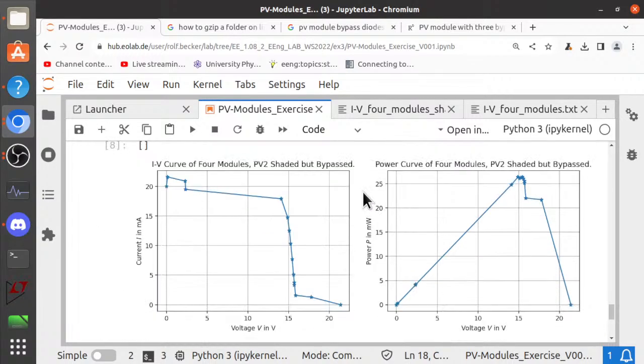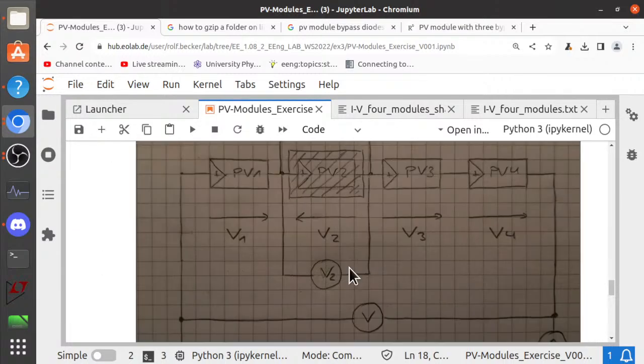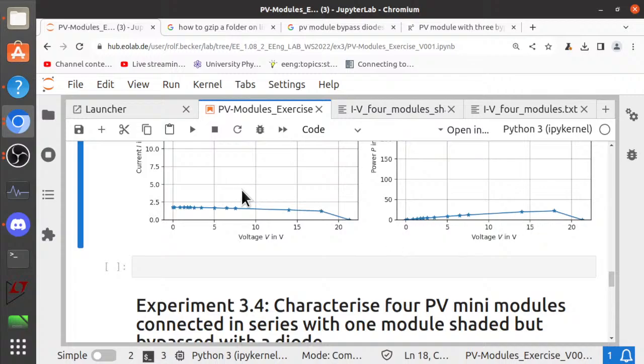this is also good data, right? That's what you would expect. So you have 1, 2, 3 modules. So let's say 6 volts, right? 2, 3 modules still working, and 1 is bypassed. So this drops, let's say, to the energy you have here, right? To the current you have. So when you go for very high voltages here, the current drops to,